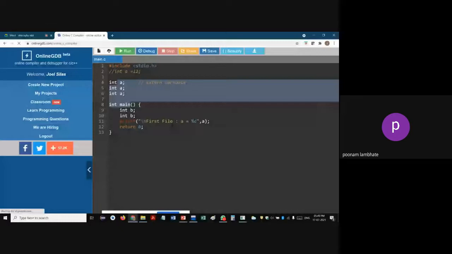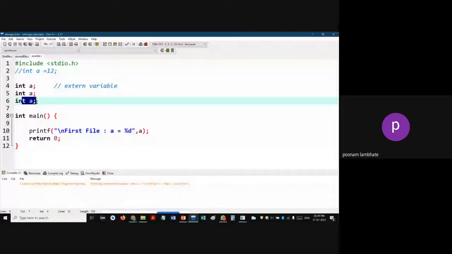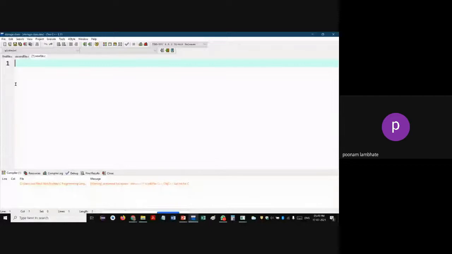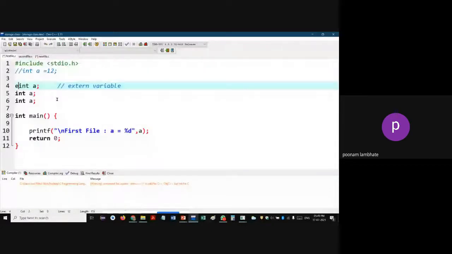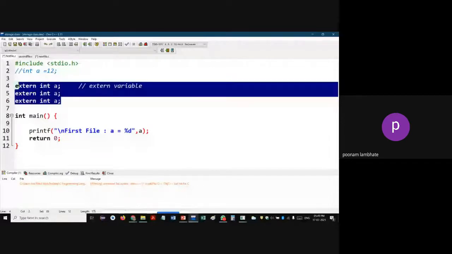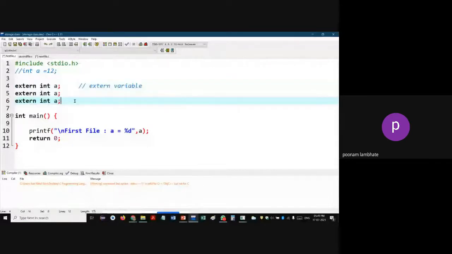Similarly, in your project, I have allocated memory to a variable, again to a variable, again to a variable. But when I do extern int A, whenever there's extern, I only told that I'm going to use my variable A. So I can tell the compiler multiple times I want to use the variable A. It's okay. It will not consider it as an error. Here I don't have A actually, so it will search in my second file and it will print. Okay. So we understand that